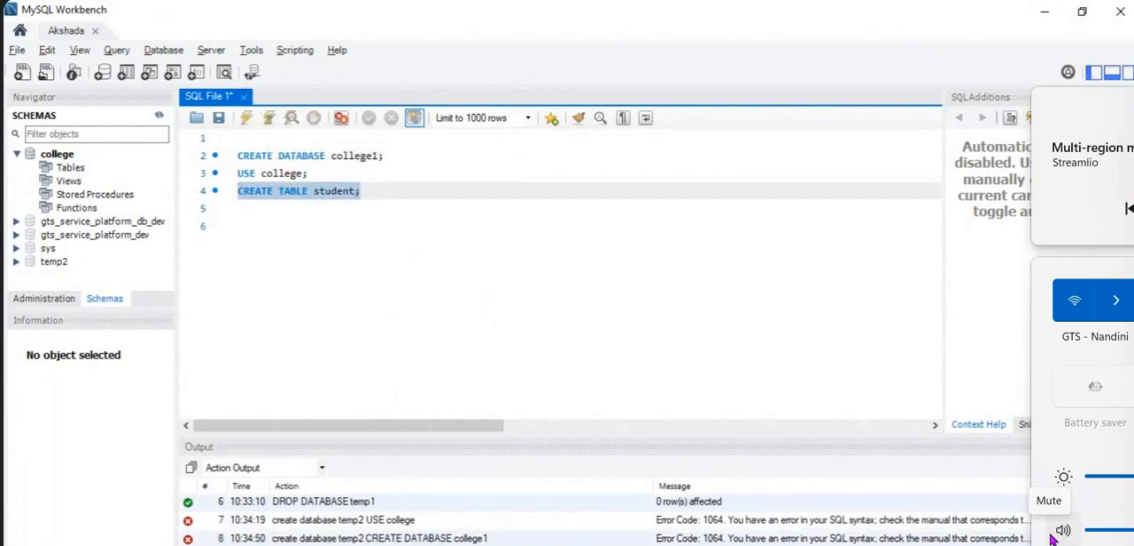So the table student is created. Now we will insert data into it. So insert into